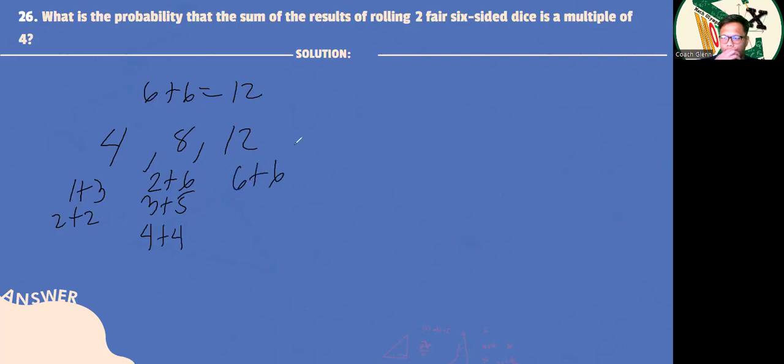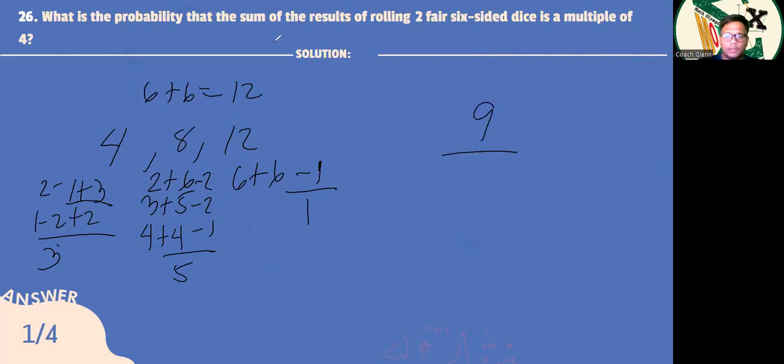Okay, now we solve for how many possible arrangements. If it's different numbers, there's 2 arrangements. If it's the same number, then there's only 1 arrangement. So here we have a total of 3 arrangements. Here we have 2, 2, 1, so that's 5. And then here we have 1. Then just add the 3. So we have 3 plus 5 plus 1, that is equal to 9. So we have 9 possible arrangements. And then the total number of possible results is just 6 squared. So that's 9 over 36, which is 1/4. Okay, any questions for 26?